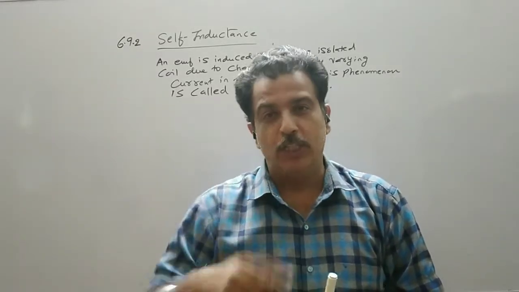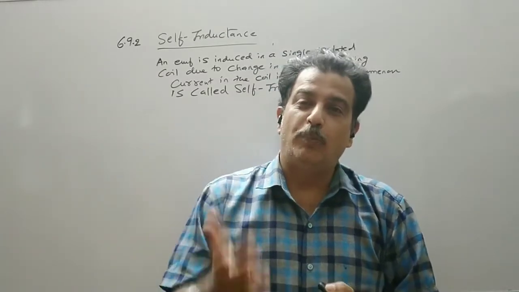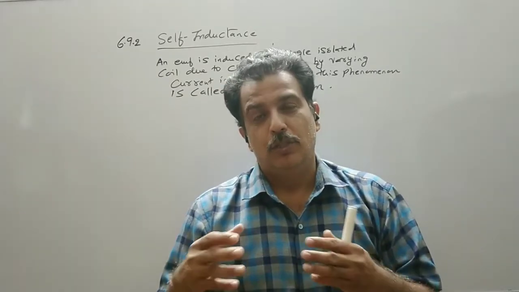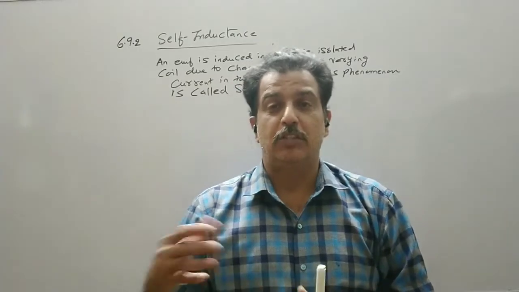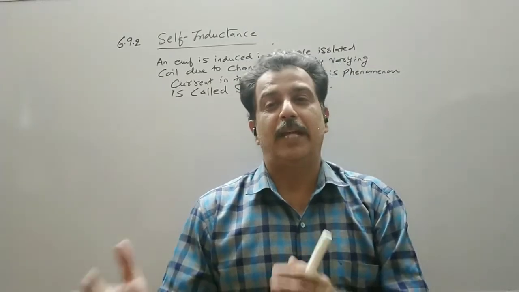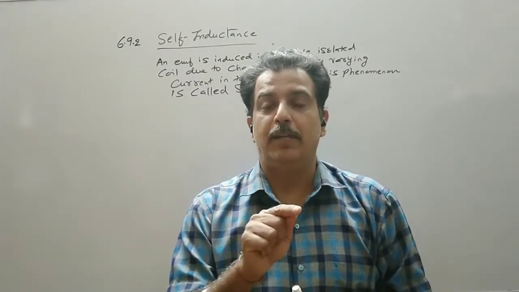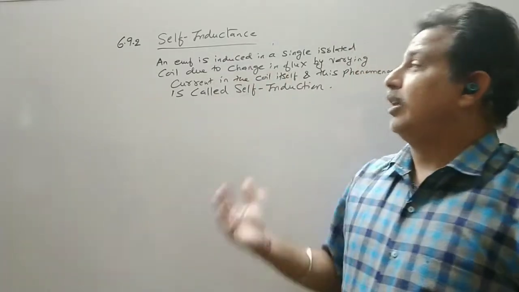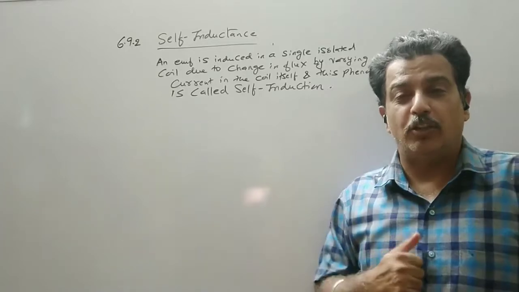Now if I keep on tapping the key, that is, if I close the key, open the key, the magnetic flux will increase or decrease. So the current increase and decrease will produce a magnetic flux which is variable, and varying magnetic flux will induce EMF. Now this induced EMF will oppose the change. It means, in other words, we can say the coil opposes the growth and the decay of the current.